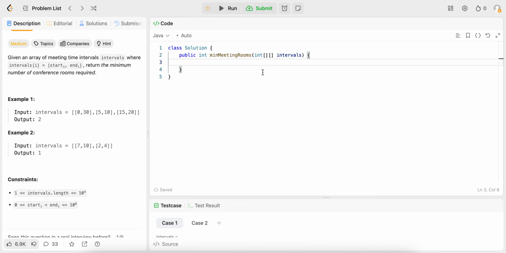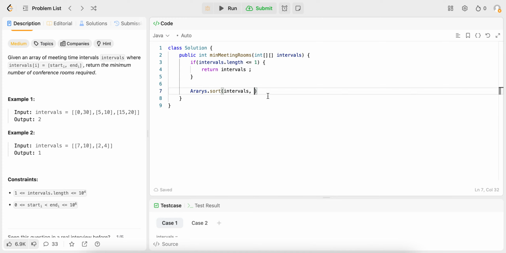So first I'll do some sanity check here. If intervals.length is less than or equal to 1, then we can just return the intervals. So yeah, for the minimum interval size we need to do this, whatever sorting algorithm we apply on top of this, we need two intervals, right? So yeah, first step, as I said, we'll do the sorting. Okay, sort these intervals array with